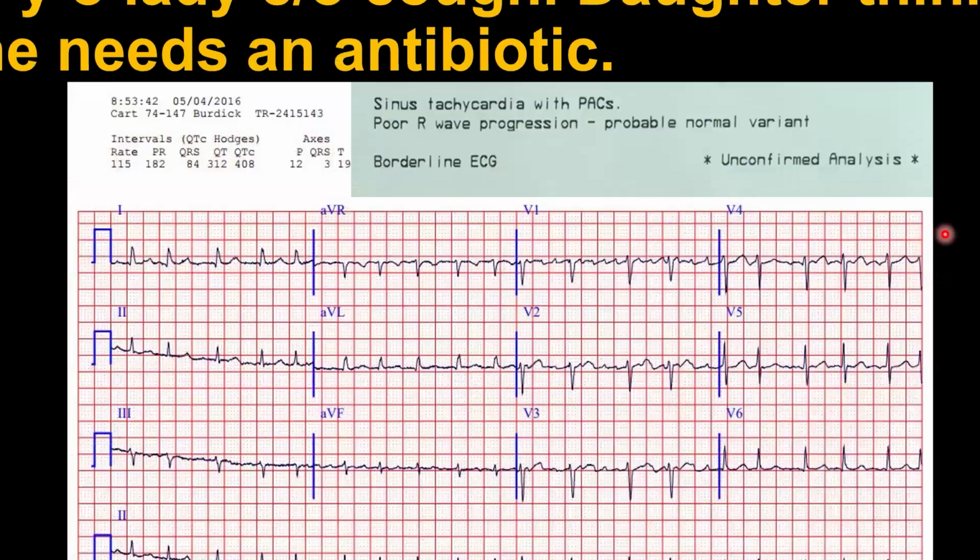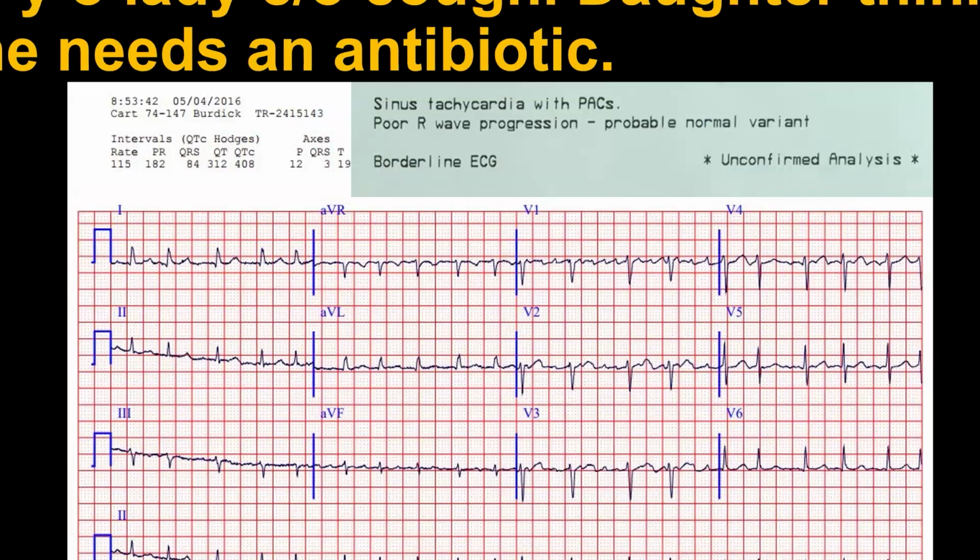Okay, so here's a lady that came into our clinic one day complaining of a cough. Her daughter thought she needed an antibiotic. She had no fever, no chills, no sputum, but she was short of breath. This shows a rapid rhythm. See the rate is